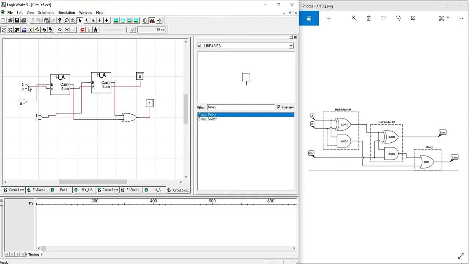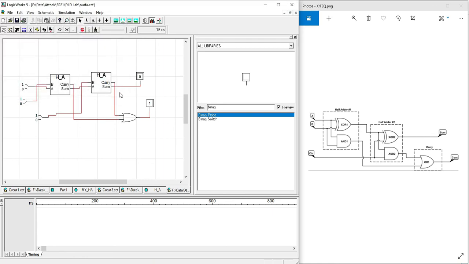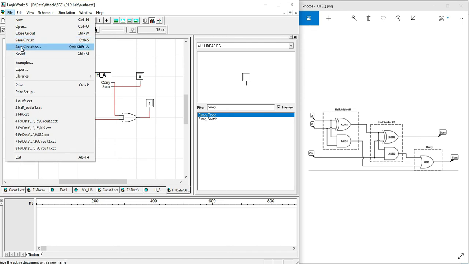Now if we want to convert our full adder into a 4-bit full adder, we need to make a symbol of the full adder. First we will save the circuit as, then we can save circuit as.